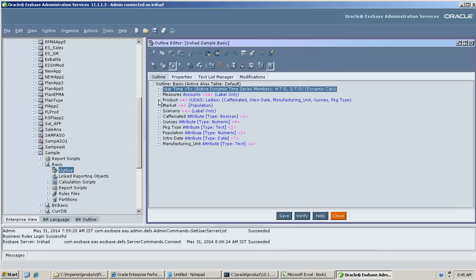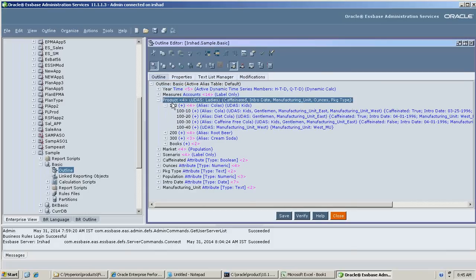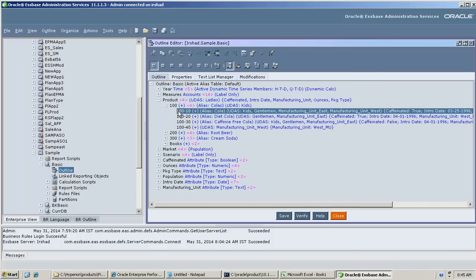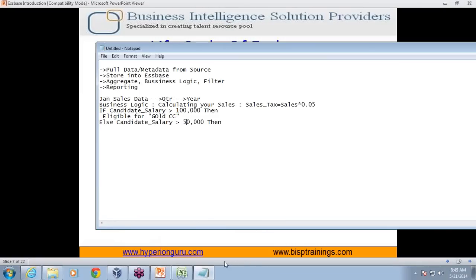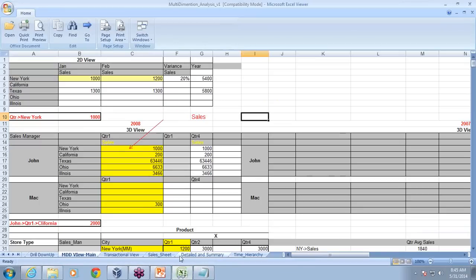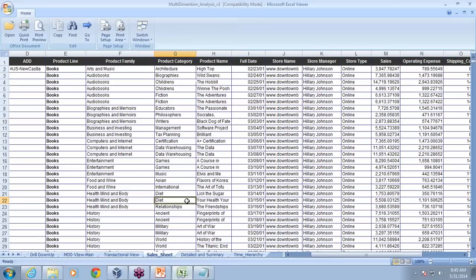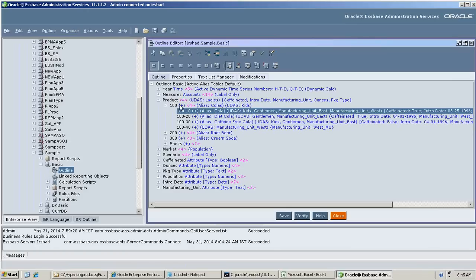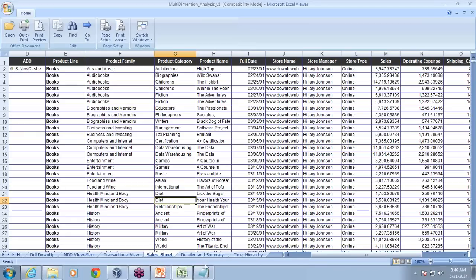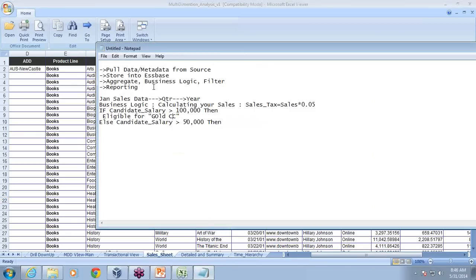You may have a hierarchy of a product. So data is essentially stored in hierarchy as compared to a relational database where data is stored in a relational flattened structure. Your typical RDBMS stores data in a flattened structure. It doesn't have any method through which data can be displayed in hierarchy. This is a simple example of your traditional RDBMS, whereas Essbase essentially stores data in terms of hierarchy. So 3 steps in the lifecycle implementation: post data analysis.